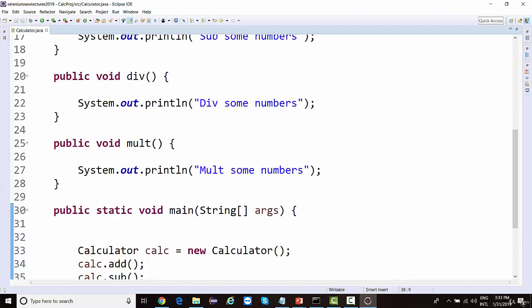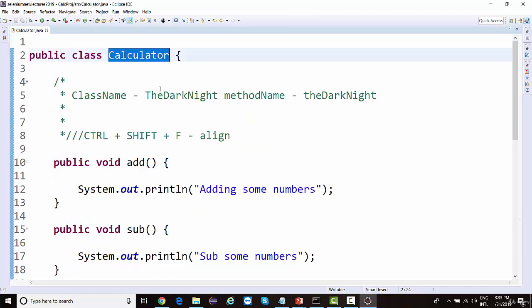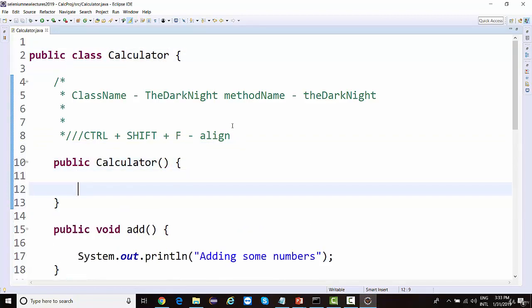All right. So now there is one more method which has the same name as the class name. A method having the same name as the class name is actually called a constructor. Yes, in C++ as well we have constructors, in Java, in C#, right? Now what are constructors? Constructors are like a method only. If I'm saying it's like a method, I can write some code over here as well. Let's say, calling constructor.